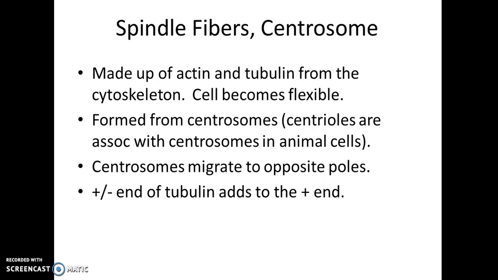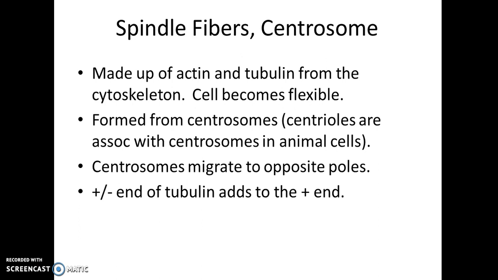Yeah, spindle fibers. Spindle fibers are made up of actin and tubulin from the cytoskeleton. So the cell actually disassembles the cytoskeleton with the actin and tubulin, takes it away. The cell becomes more flexible so it can divide. As it takes away the actin and tubulin, the centrosome organizes those 2 proteins